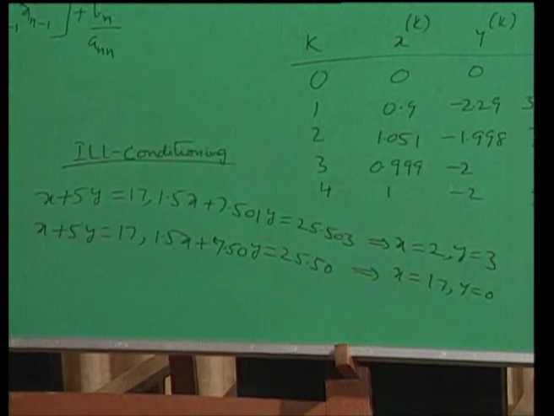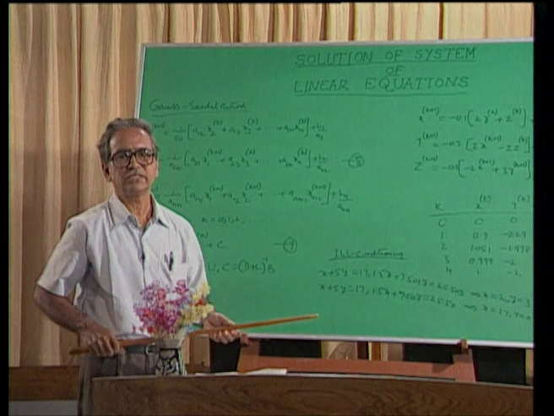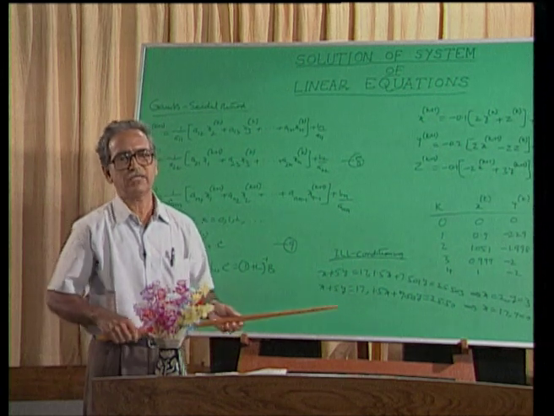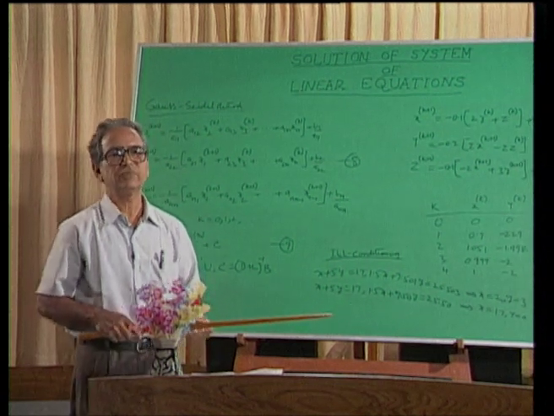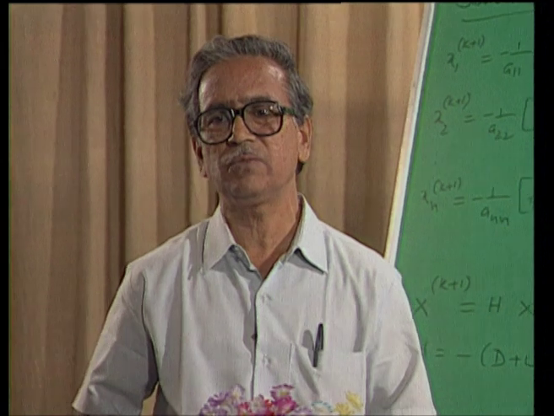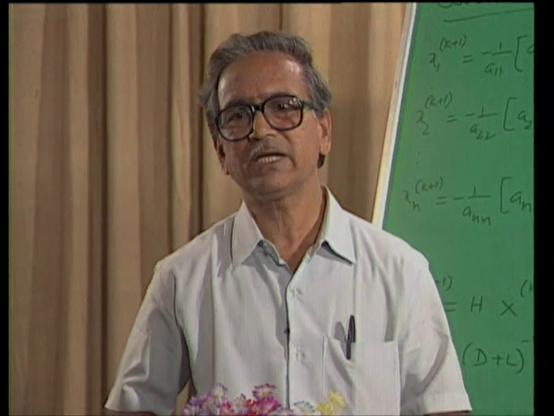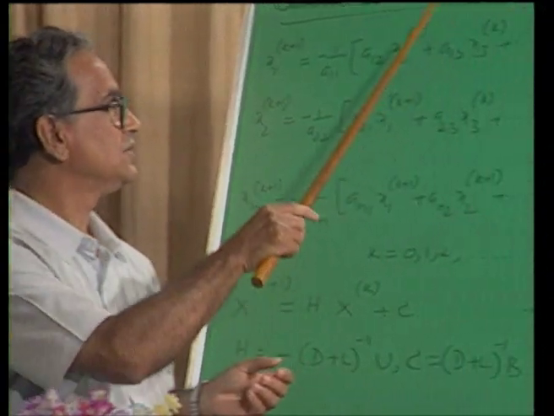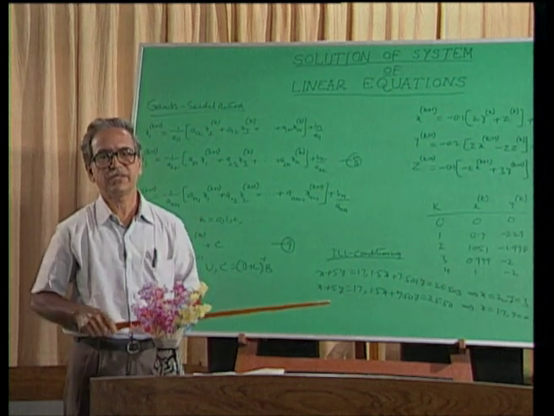So, this we call an ill-conditioned system, and in the literature we have methods of solving ill-conditioned systems also. So, this is as far as the problem of solving systems of linear equations. There are other methods. You are already familiar with the determinant methods, namely Cramer's rule, and finding the inverse of the coefficient matrix to solve a system of equations. There are other methods known as relaxation methods also, but out of all these methods, on computers nowadays it is easier and better advised to use the Gauss-Seidel method whenever we solve systems of linear equations by these iteration methods.